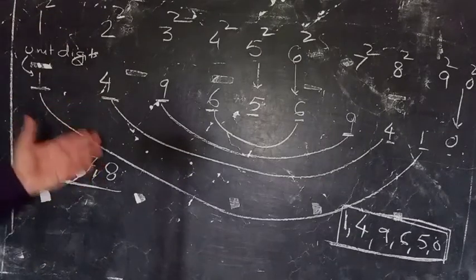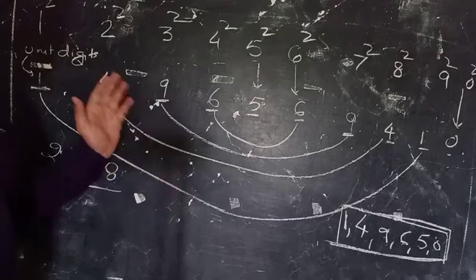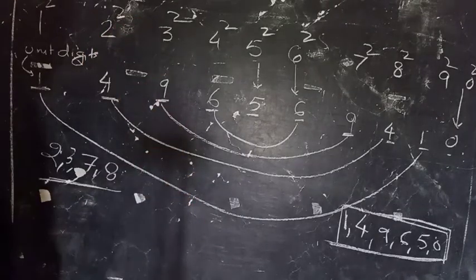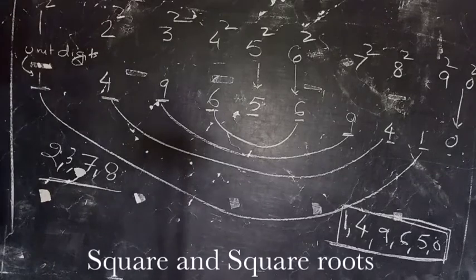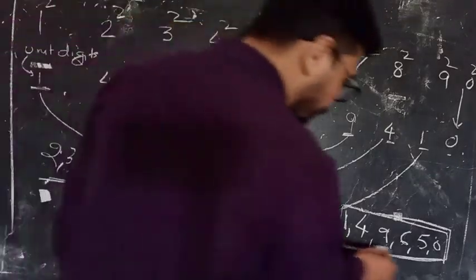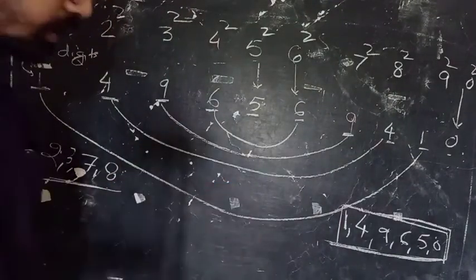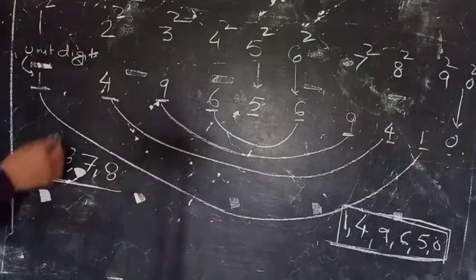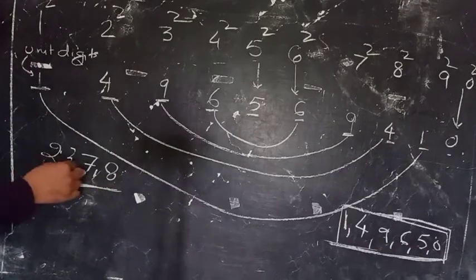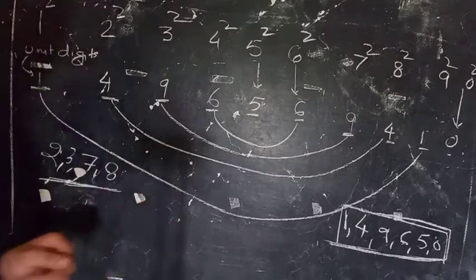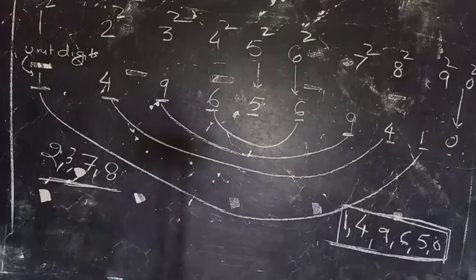So these are some observations and these are not directly available in your book, so please note it down fast, okay? So if a number has these values as its unit digit, then it will be a square of some other number. But if the unit digit of a number is 2, 3, 7 or 8, then it will not be a square of any other number, okay? Note it down fast.